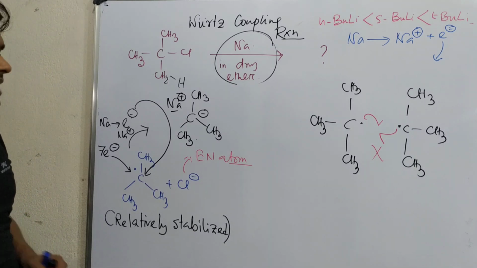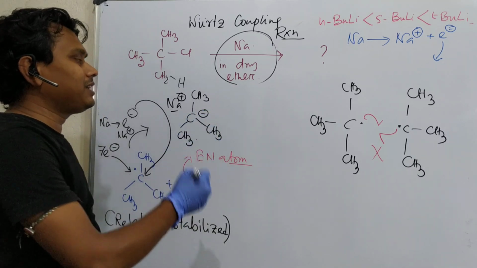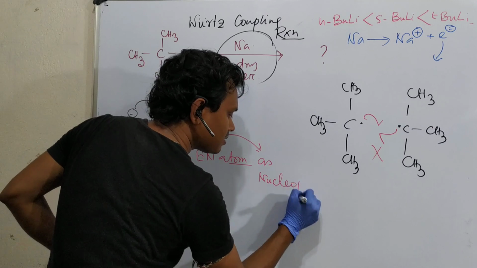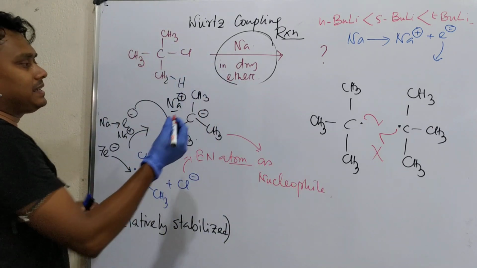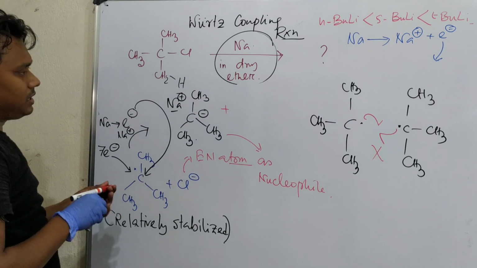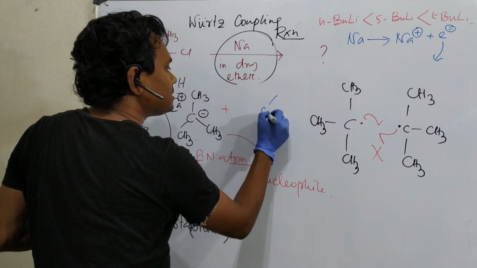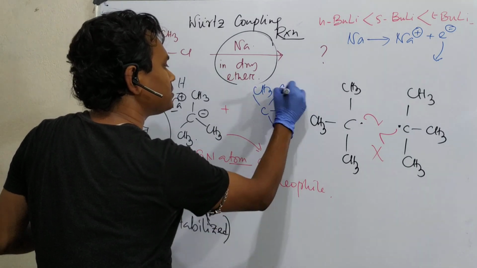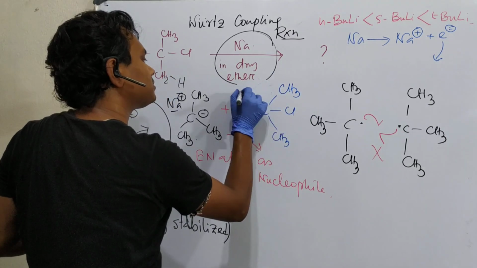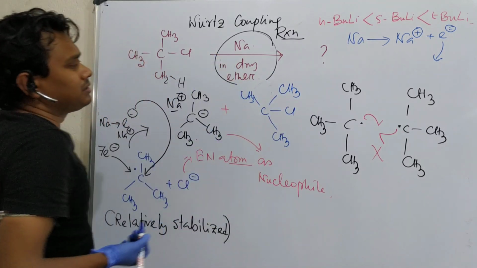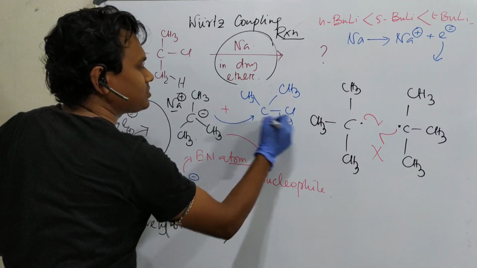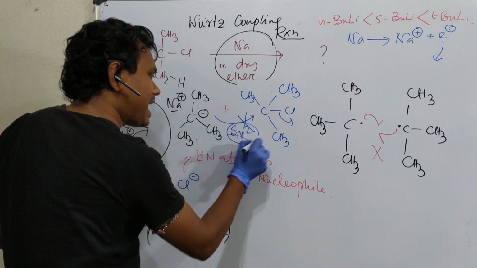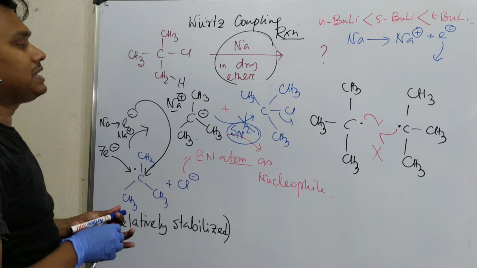What is the other option? Another option is that it can take an electron, generate a carbanion, and that carbanion acts as a nucleophile. So if it acts as a nucleophile and attacks, what is the counterpart in this case? The counterpart is this ClCH3. Now, backside attack is also not possible because of bulkiness, and we know this is actually an SN2 type reaction, and SN2 reaction on a tertiary butyl center is not possible.